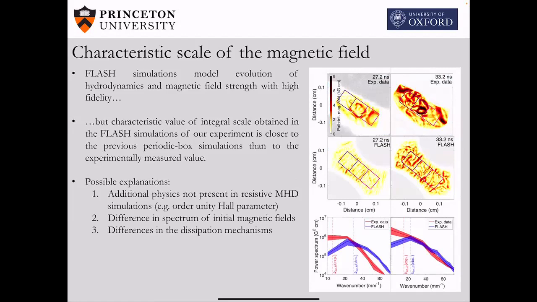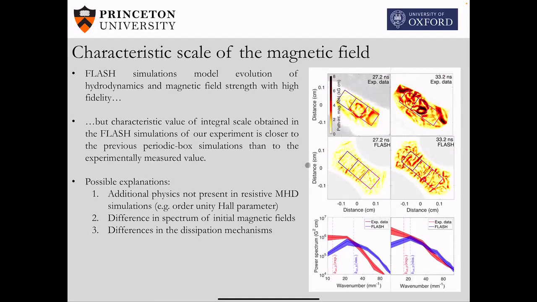An example of this is that once the initial amplification occurs, in this case by 27.2 nanoseconds, these fields are sufficiently strong to lead to an order unity Hall parameter. That is the ratio of the electron mean free path to the electron gyro radius. And so in principle, one might need to employ an extended MHD model in order to capture the magnetic field